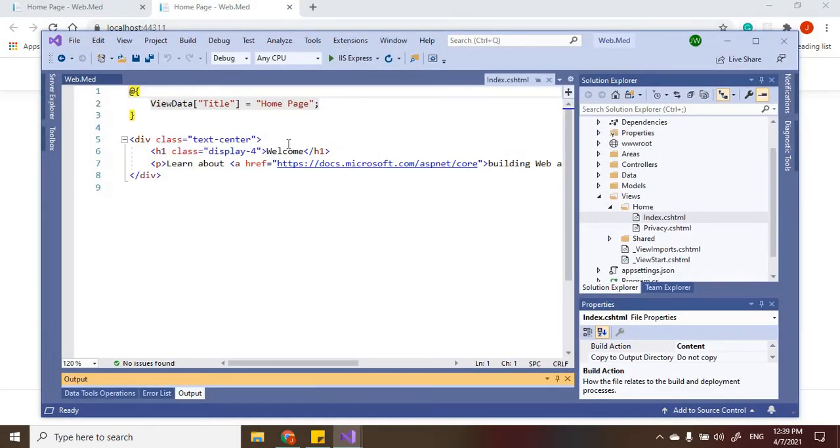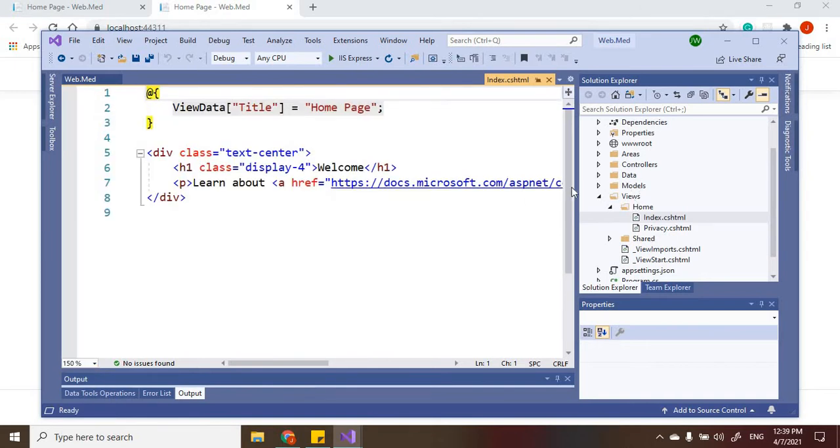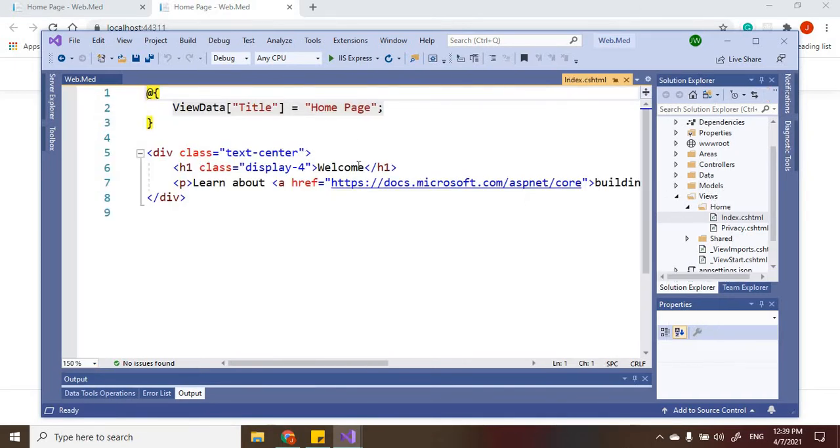Now let's make some adjustments to our code here. So instead of saying welcome, let's change this to